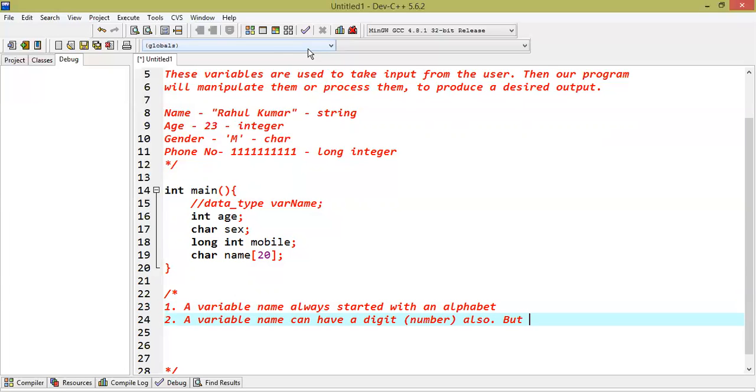But the name always starts with a character.